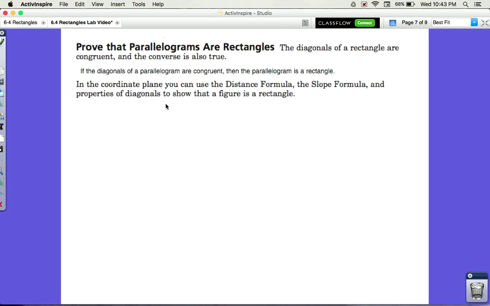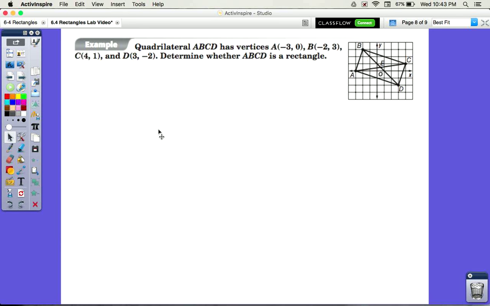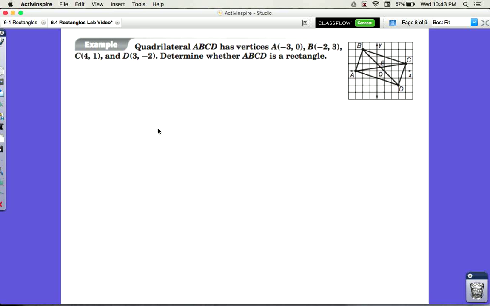In the coordinate plane, you can use distance formula, slope formula, and properties of diagonals to show that a figure is a rectangle. This example will show you both using slope formula and using distance formula to do this. We have quadrilateral ABCD, and they've graphed it here. They want you to determine whether or not it's a rectangle. First off, they just tell you it's a quadrilateral, so you can't assume that it's a parallelogram. So for starters, you're going to have to